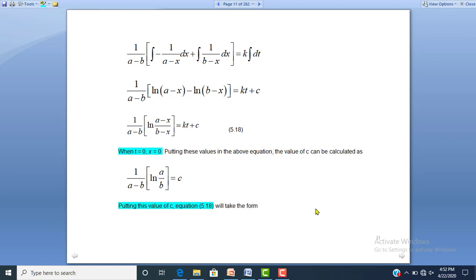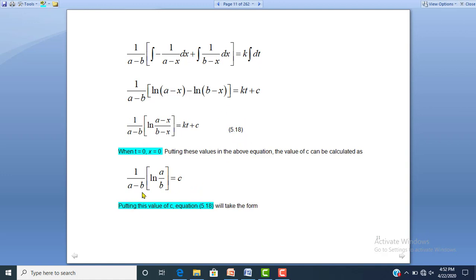Now in this equation, we will apply the starting condition: when time was equal to 0, then x was equal to 0. Now we will find out the value of c, and this value of c will be put back into equation 5.18. Then we will simplify the equation. So when time is equal to 0 and x is equal to 0, this equation 5.18 will be